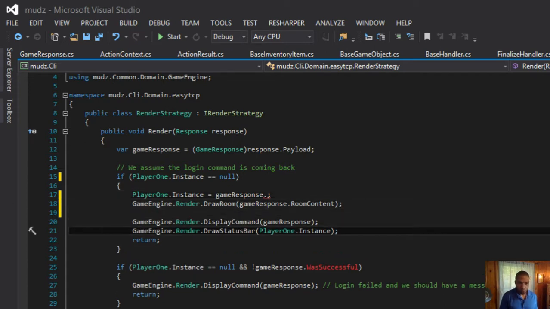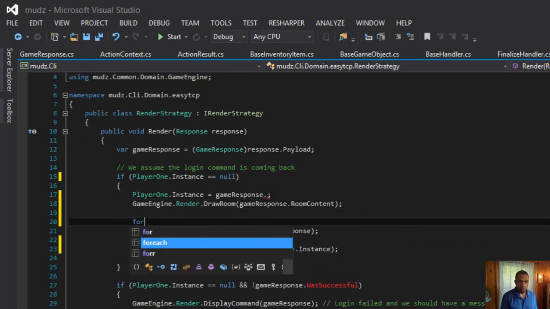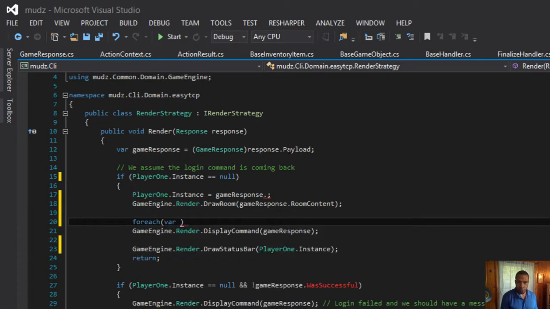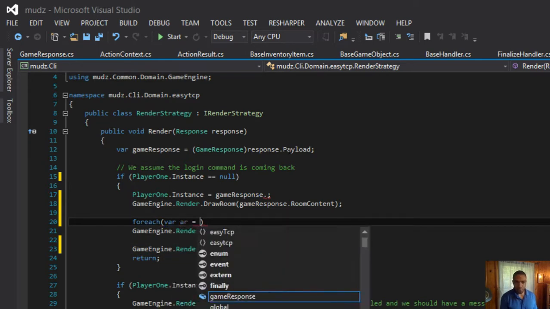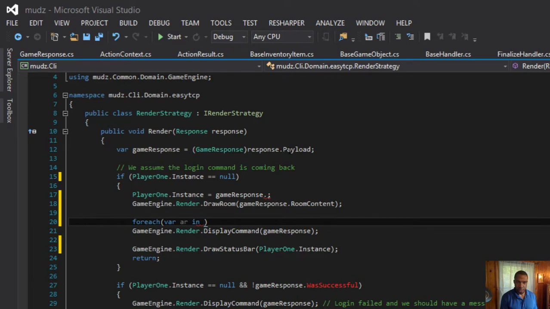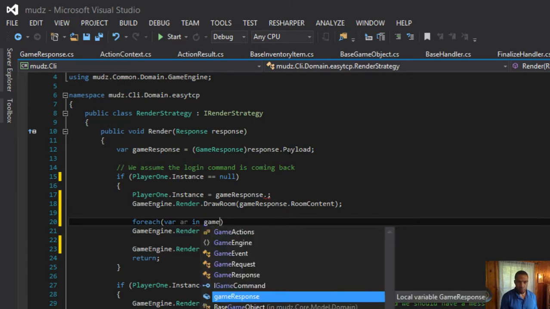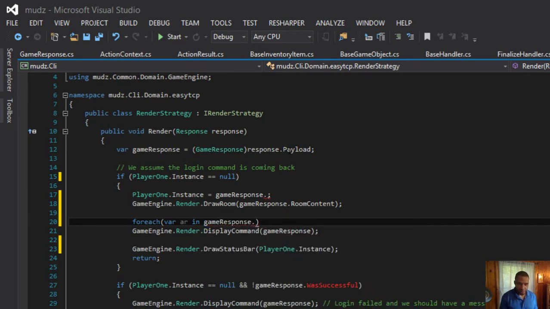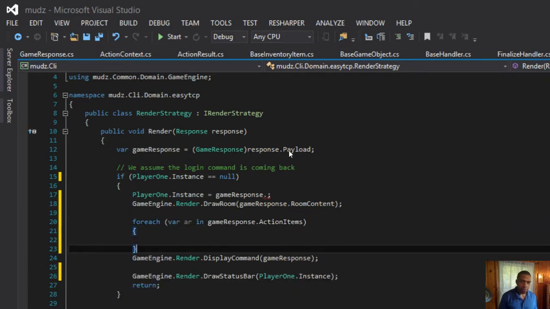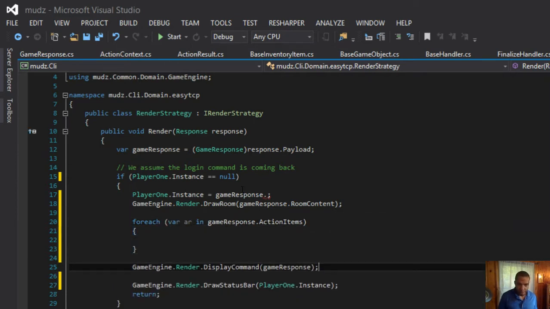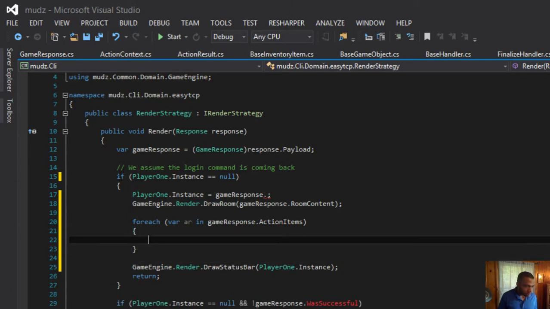We draw the room, and then we're going to do for each var action results in game response dot action items. So these are all the commands that we got. So this is actually pretty cool.